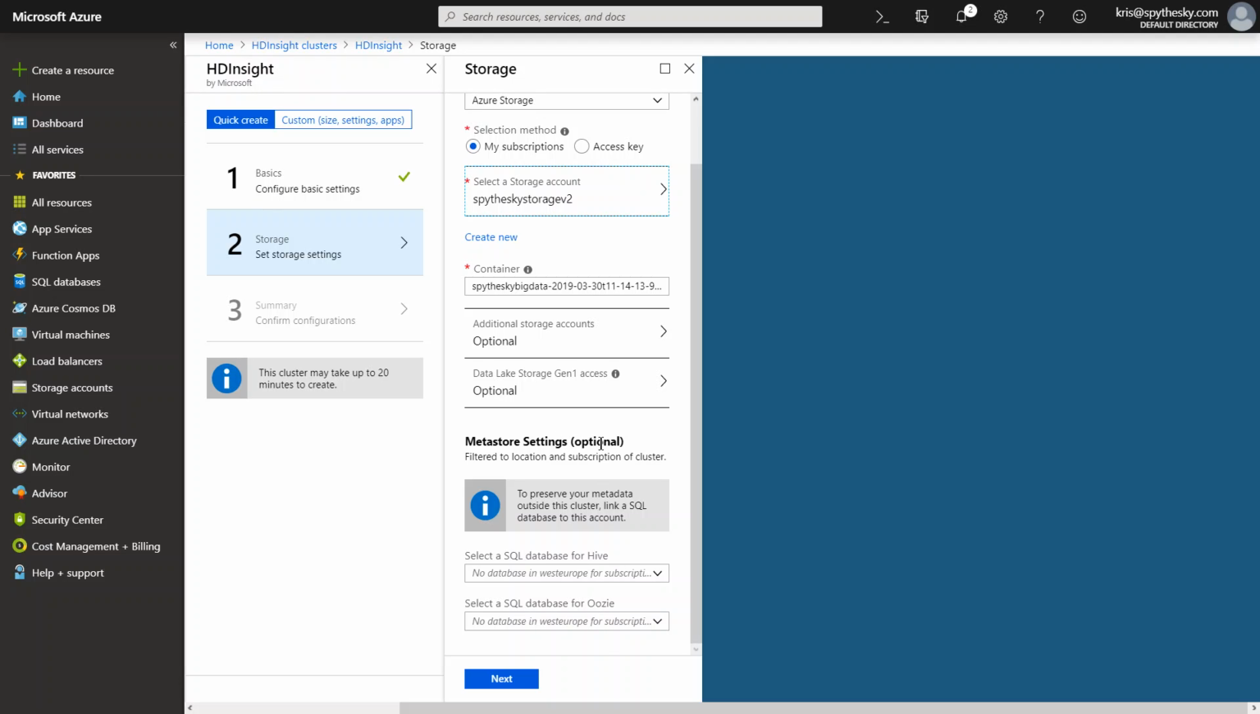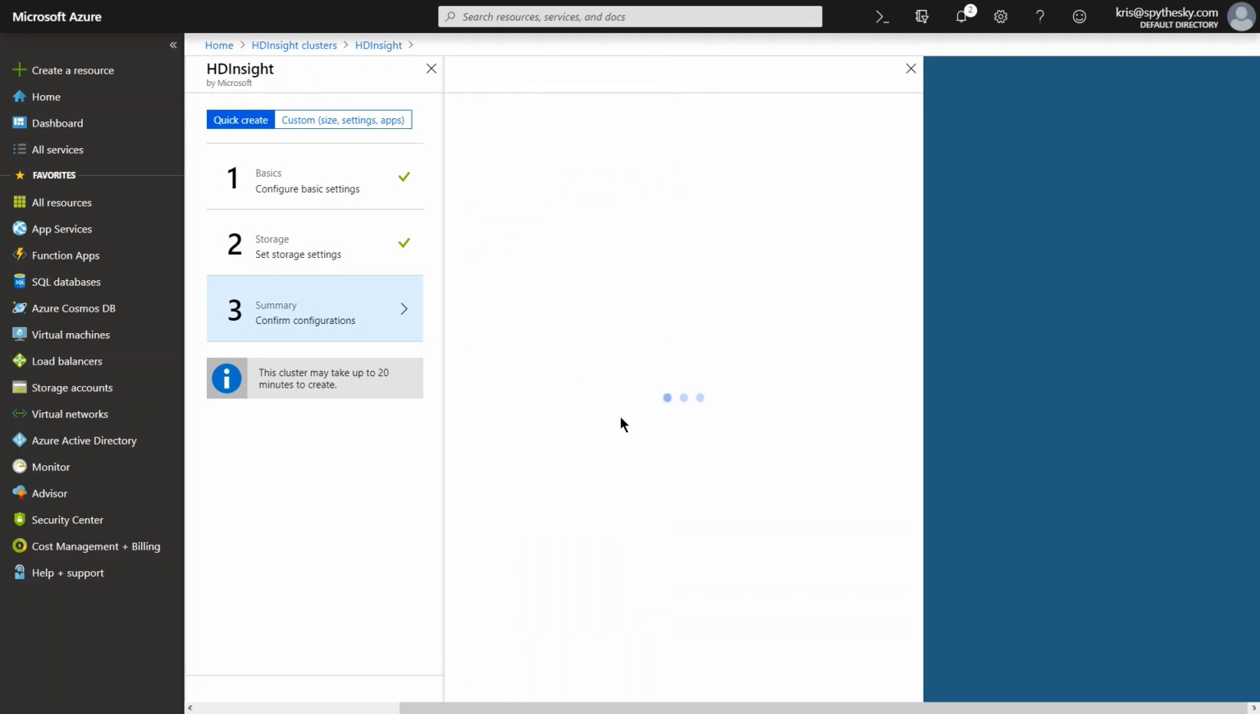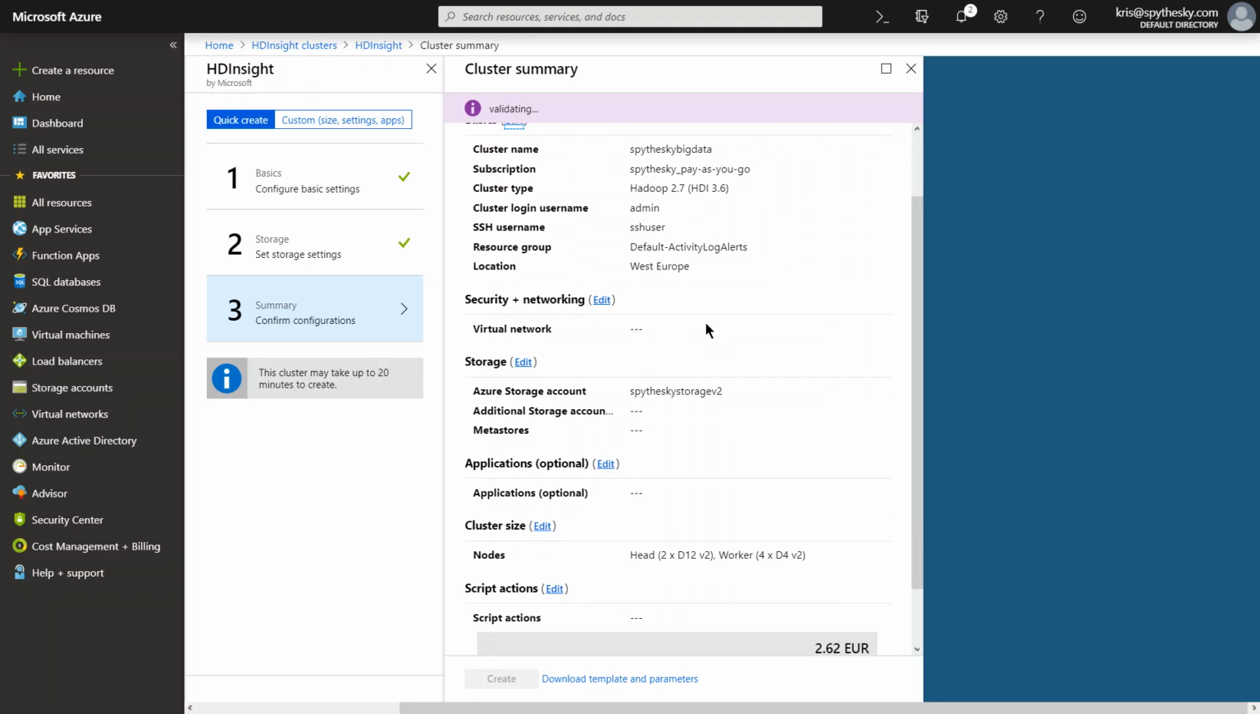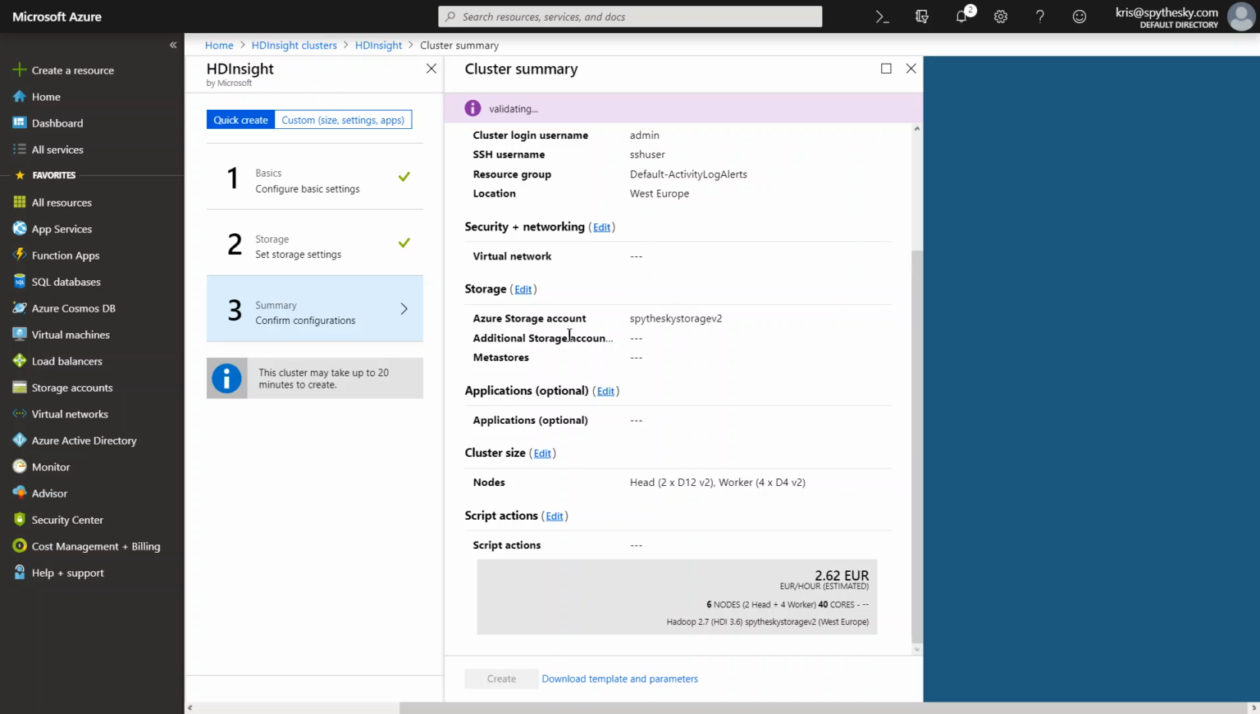It's not the Hadoop's data. That's done behind the scenes as a managed service, so we don't have to worry. This is for Hive and Oozie, so I will skip this. Great, it's validating. I passed the second step. I'm one step closer. I can see all my details, location, a bit of boring stuff, storage account, no additional storage,